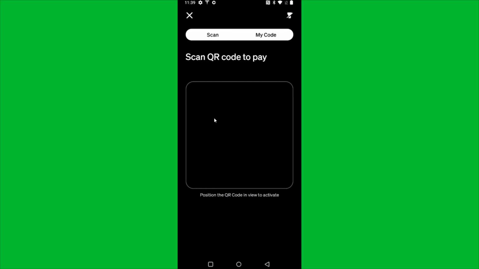option. And then the QR code, you want to make sure with your camera that it is located inside this square and focused on it so that it can clearly read that QR code, and then you can scan it from there. And once you successfully scan the QR code, you should be good to go to pay at that